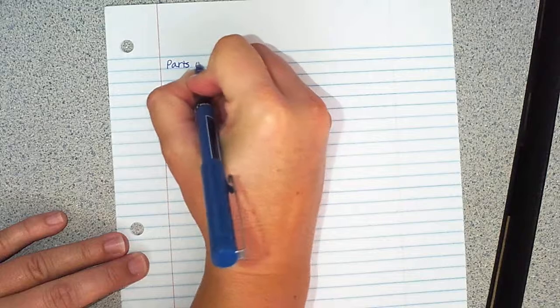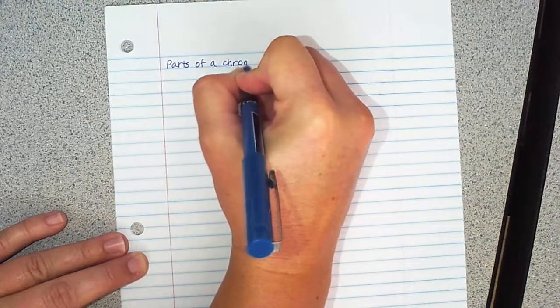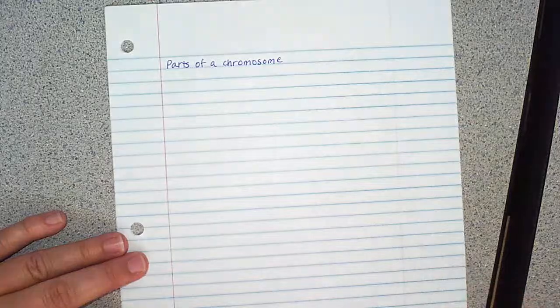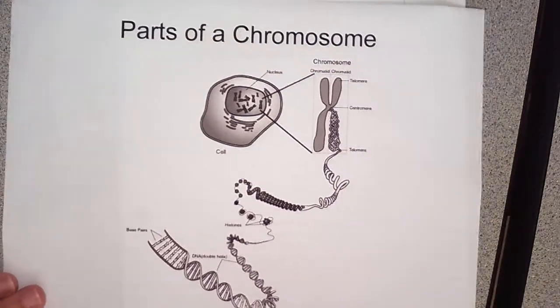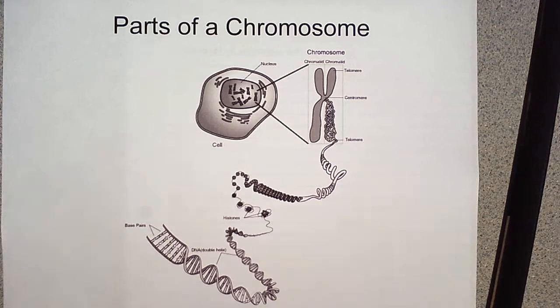So the next thing that we want to talk about is parts of a chromosome. I also want to make a connection for you about how a chromosome and DNA are related. So let me show you a picture that's called parts of a chromosome. And by the way, this picture is available in the PowerPoint. This mitosis PowerPoint I am going to put on Schoology so that you can go back and look at the PowerPoint, look at questions, look at diagrams and answer any questions that you may have.